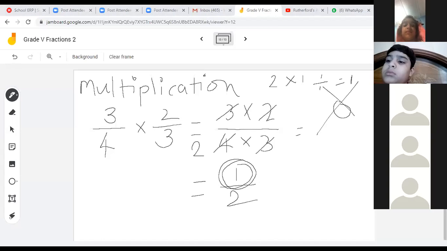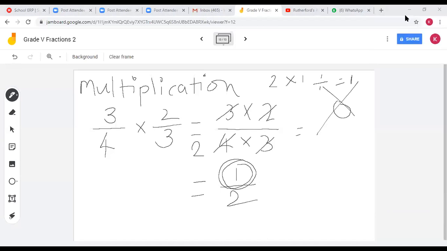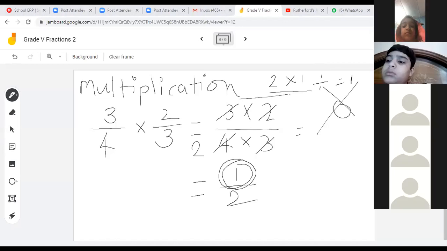Okay, so in division, if you cancel everything from the top, then what is left is 1. Yes, everyone, don't worry if you don't understand this, it's fine. We will be taking this in the next session also, right? We will be doing lots of examples of multiplication also, okay?